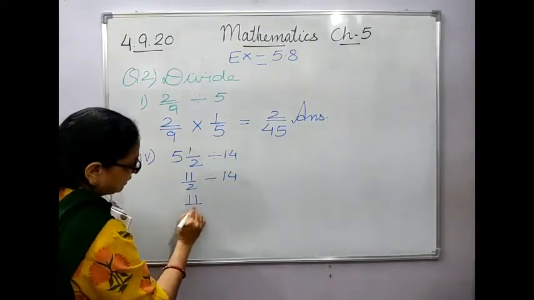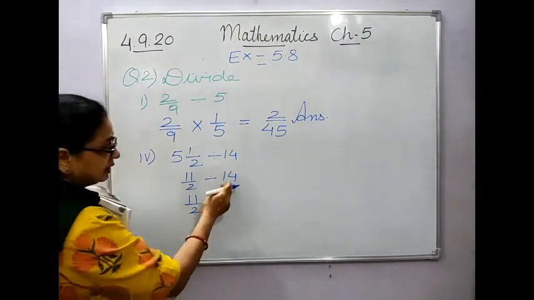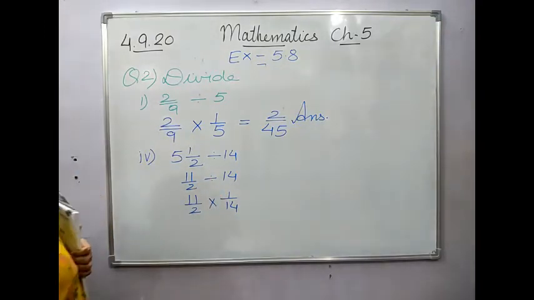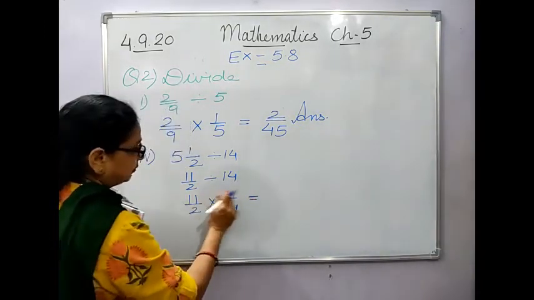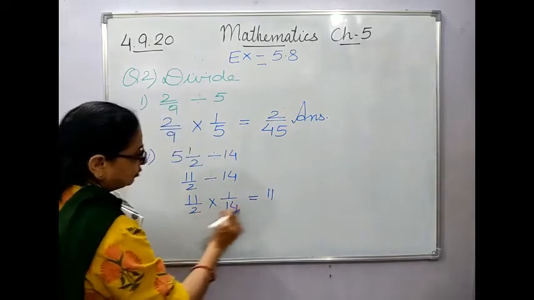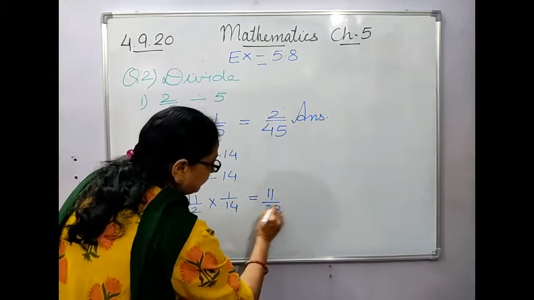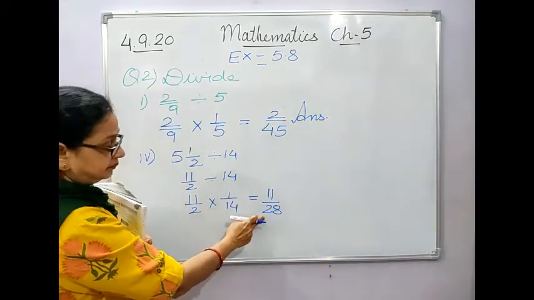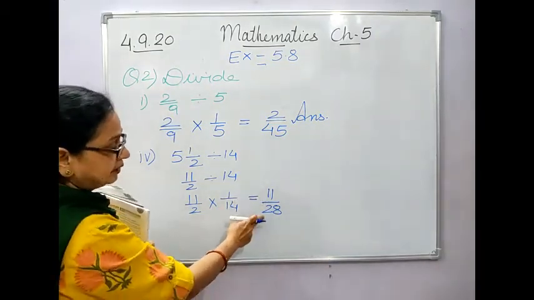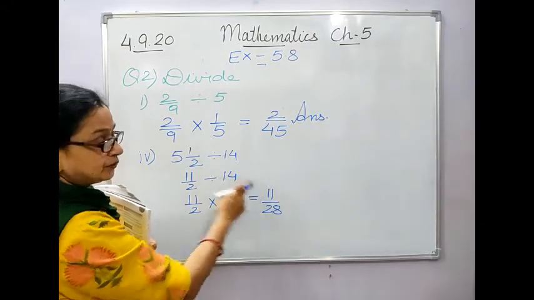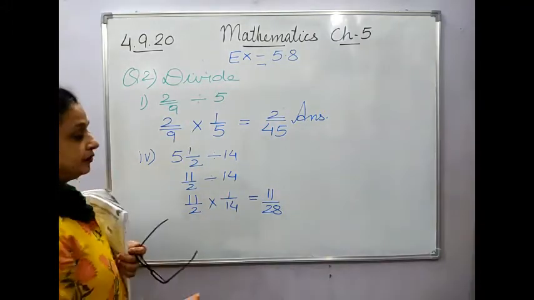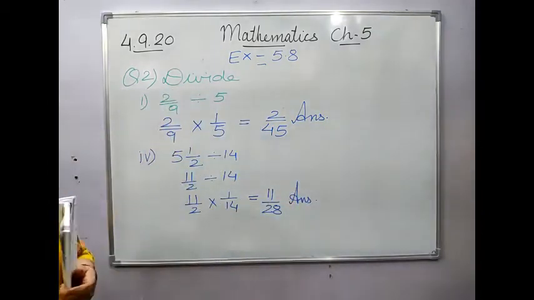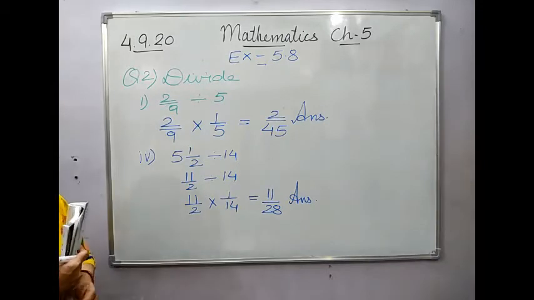Now we convert the sign of division into multiplication, and this will be 1 upon 14. Okay. Now you multiply, 11 ones are 11 and 14 twos are 28. Again, this is an odd number, this is a prime number, and this is your composite number. When one is odd, that means it is in the reduced term. Have a look. Hope this much is clear to everyone.